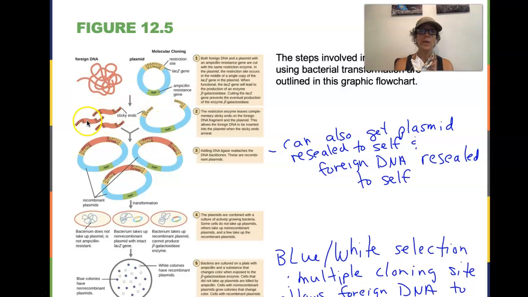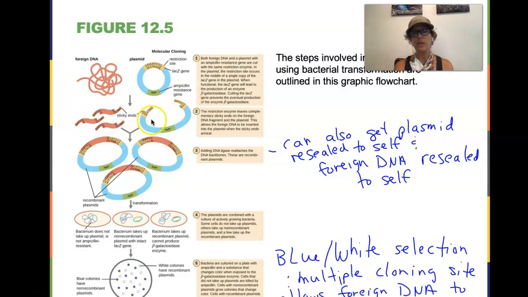And we know that whatever pieces we get from this foreign DNA, we may not know anything at all about the intervening sequences, but we know the sequence of their sticky ends because those sticky ends were created by cutting with the exact same enzyme. Anytime you use one specific restriction enzyme, you will create the exact same sticky ends on any DNA that you cut with it. And now, because we have the similar sticky ends, if we left these in a test tube